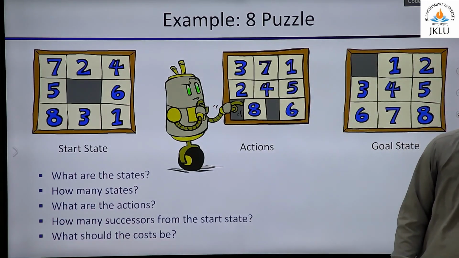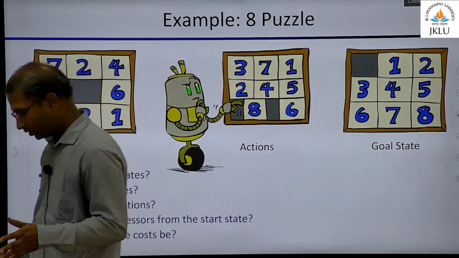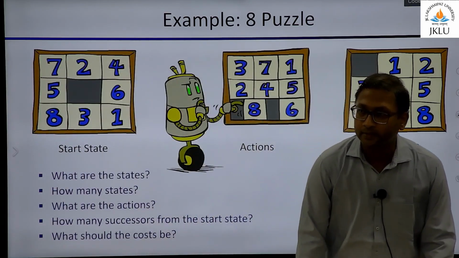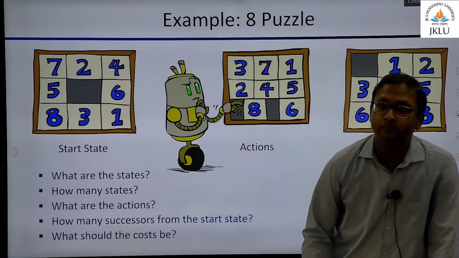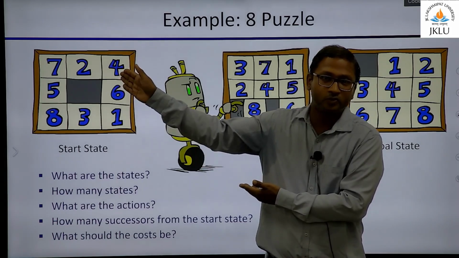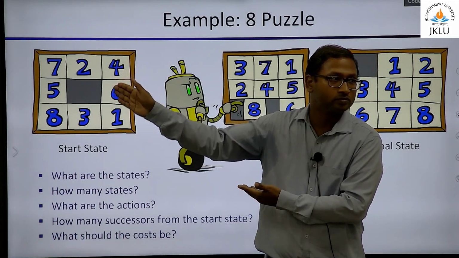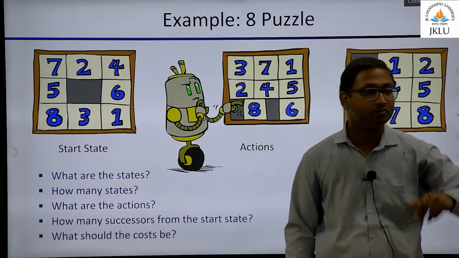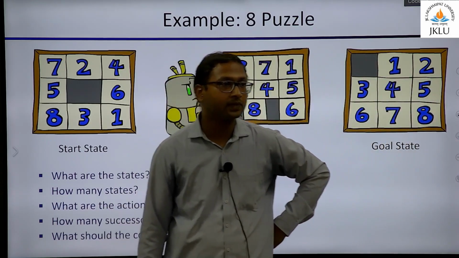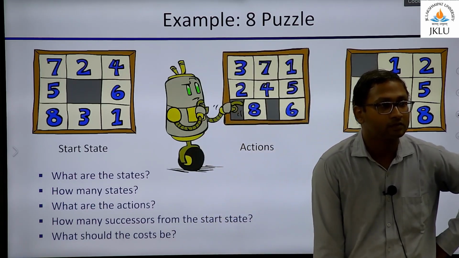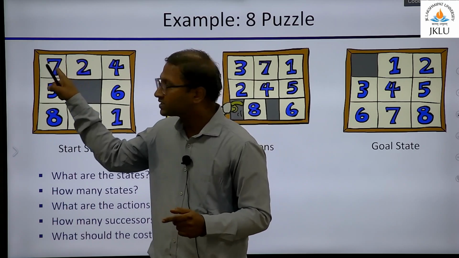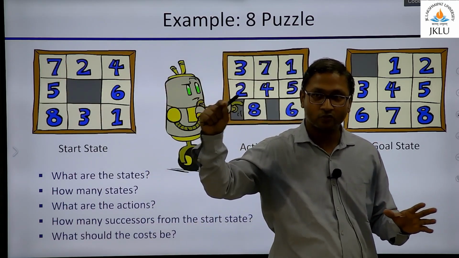2 to the power 9? Why 2 to the power 9? Awesome, on a tile there will either be a block or not. Is that the problem we are trying to solve here? No. 9 to the power 8? How come? There are numbers 1 to 8 and 9 positions. Right, so at each position there will be a choice of 1 to 8. So there are 9. No, there is no replacement here. Once 7 is here, 7 will not occur anywhere. So why 9 to the power 8?